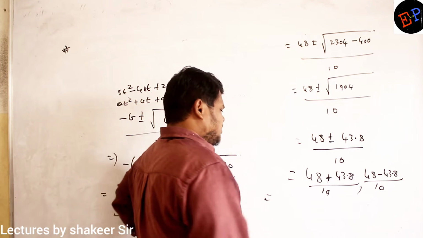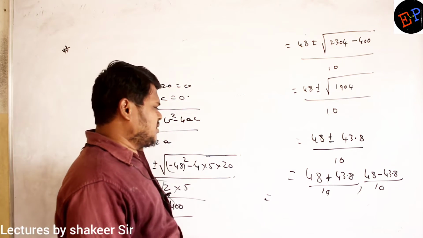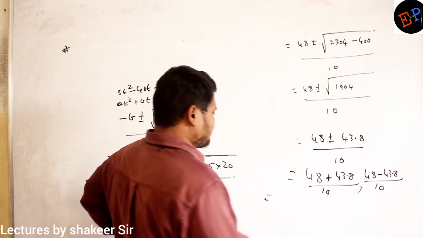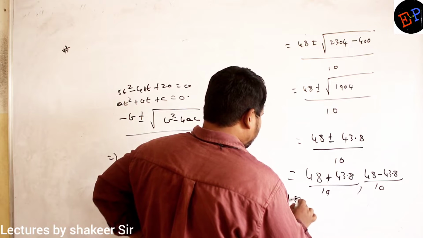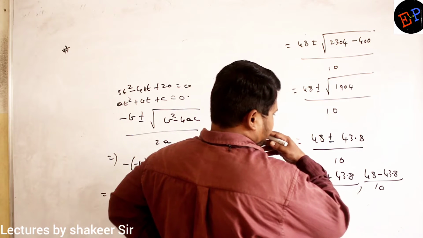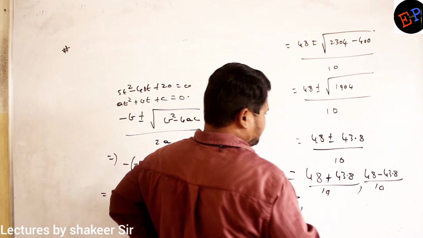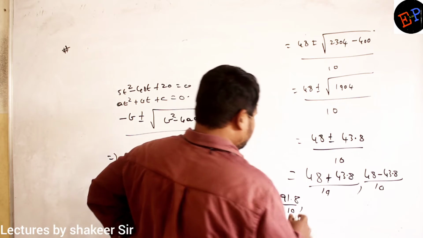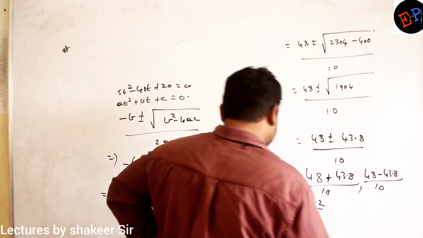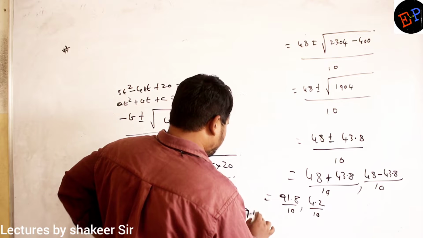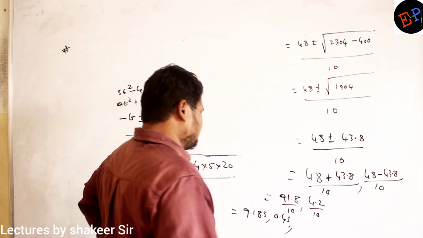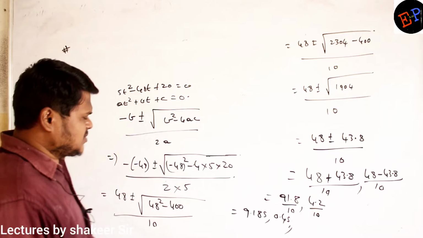Okay? So 48 plus 43.8 is 91.8, 91.8 by 10. And another value is 48 minus 43.8, 4.2, 4.2 by 10. Okay? So these are the two possible answers. One is 9.18 seconds, another one is 0.4 seconds. So two answers are possible. It means that